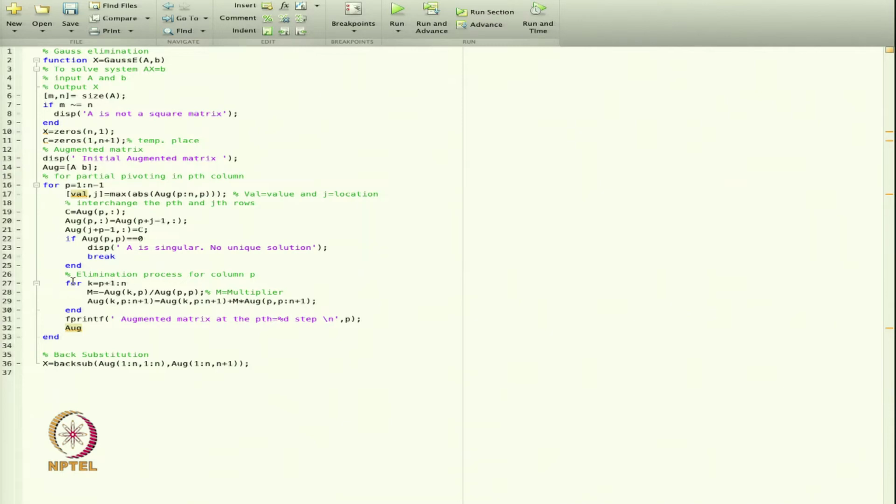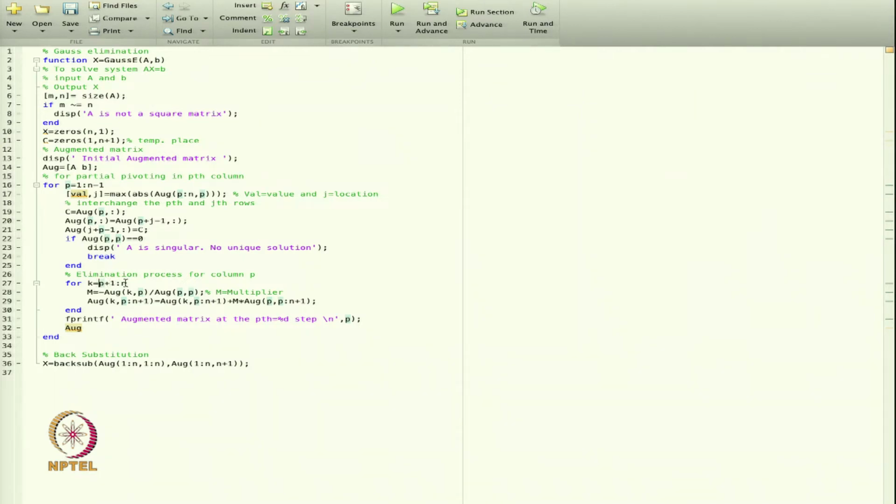In the elimination process I have to find the multiplier, so I again start with a for loop, with k from p plus 1 to n, because if p is 1, I have to start the elimination from the second row, then third and onward.